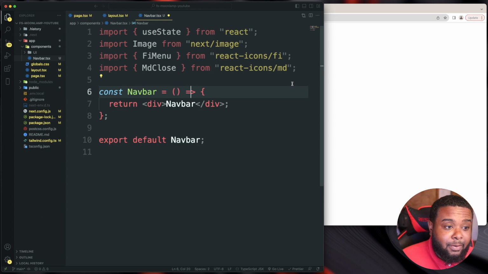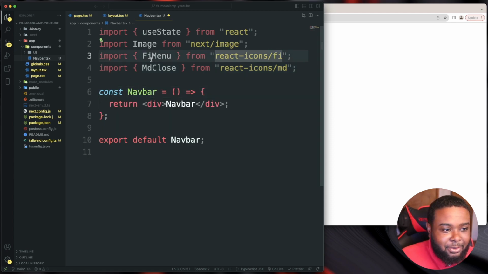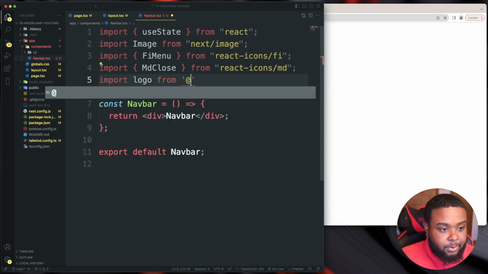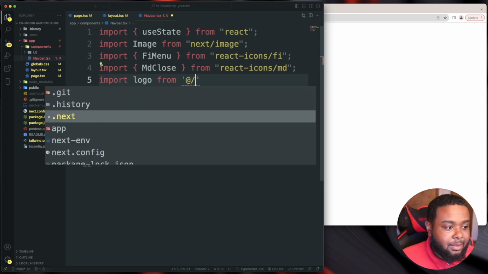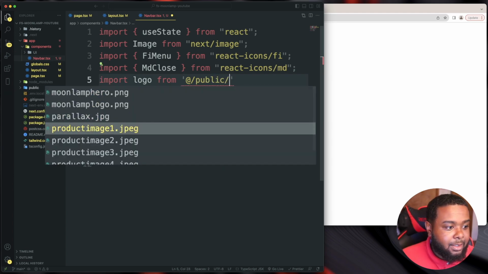I remember when I first started, I tried to use React icons and I thought mine was broken because I just forgot to put the little slash there. So if you guys are using FiMenu, you guys got to put react-icons/fi. So make sure you guys do that. And let's go and import our logo. So import logo from, we're using the import alias, so you guys can do @ and then slash and go down to our public and then do another slash, and we should see